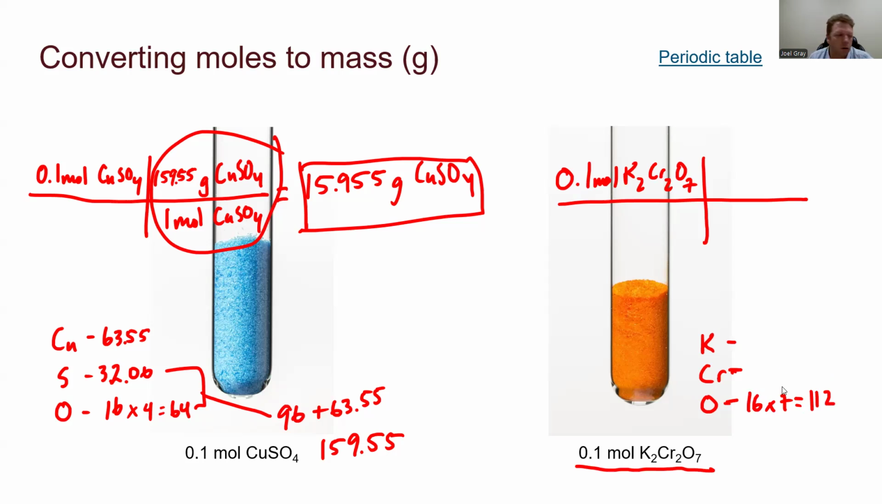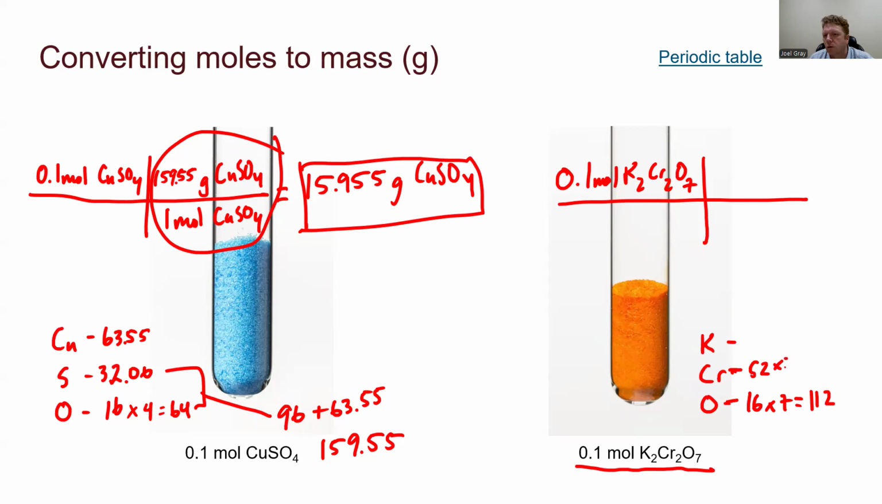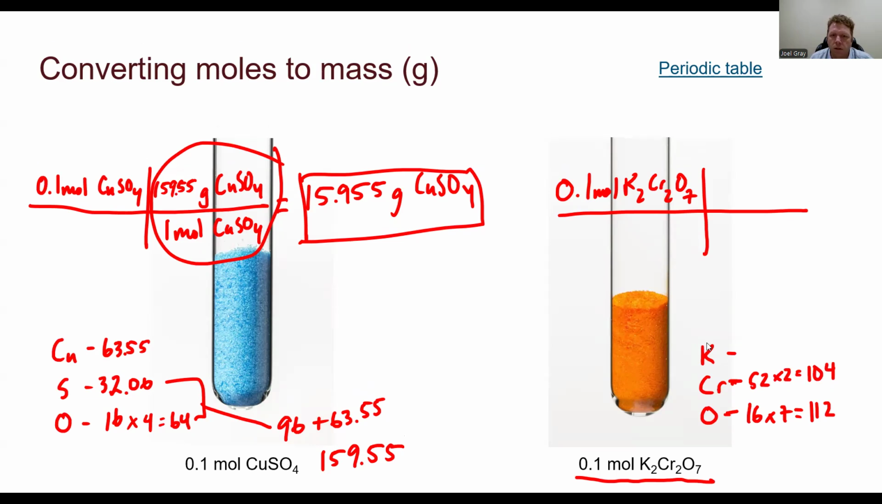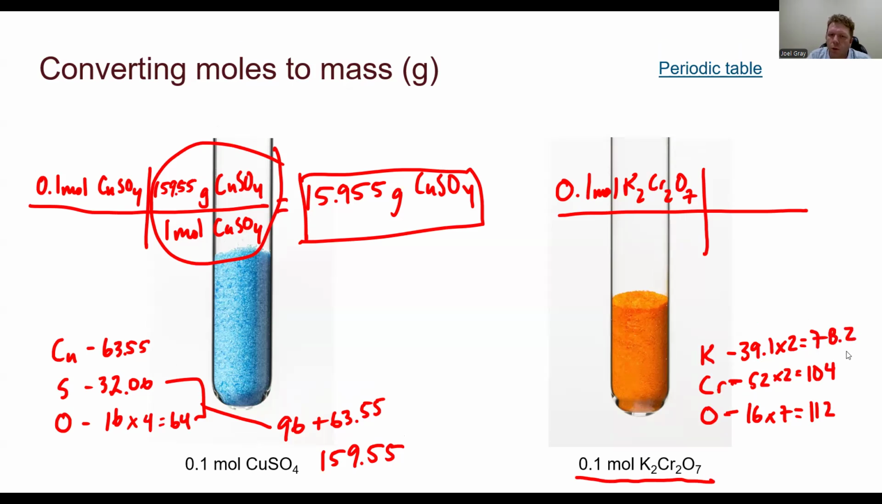Okay. Cr. I got 2 Crs. And Cr is 52. It's 51.996. I'm going to call it 52. Times 2 equals 104. Potassium is K. It's 39.1. Times 2, 39 times 2 would be 78.2. So now I'm going to take all those: 78.2 plus 104 plus 112. And I'm going to get